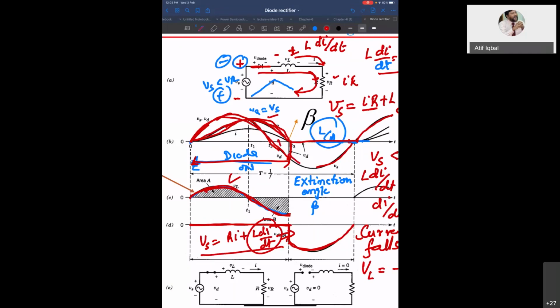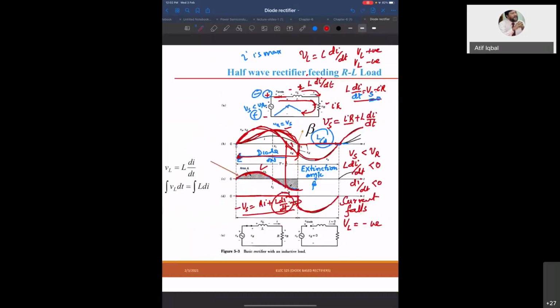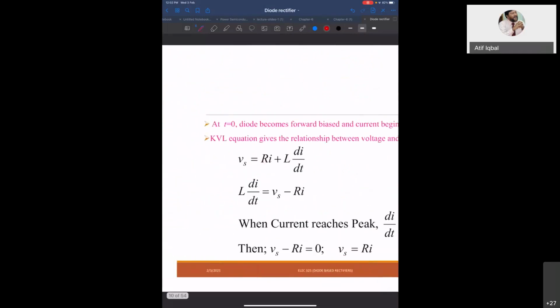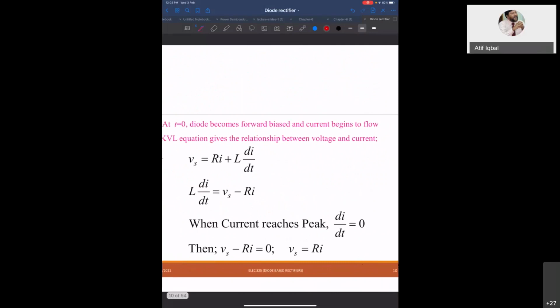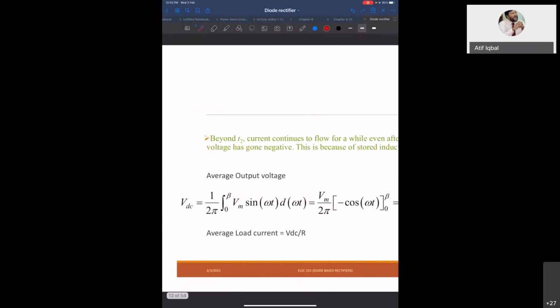When it goes negative, then you see what happens, that you have L dI by dt negative. Anyway, we'll see that. I cannot answer this question, whether it is possible to cover the whole 2 cycles or not. I don't think so, but mathematically we have to prove that. Anyway, all this that I explained is mentioned here. All this is already explained.